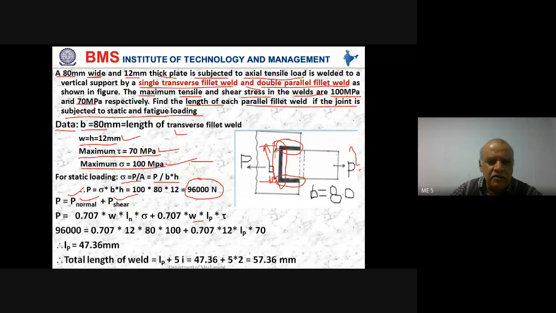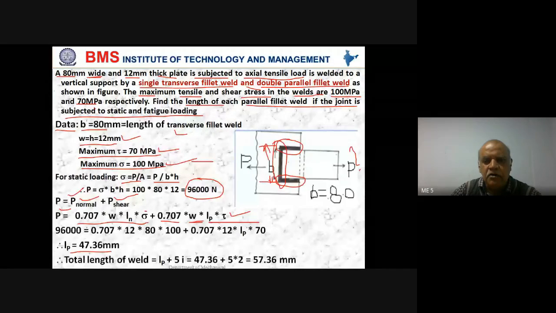So we have for normal fillet weld given by 0.707 W into length of normal fillet weld into sigma. Similarly, for shear stress, we have 0.707 W into length of parallel fillet weld into shear stress will give you total load, right? So from total load, calculate length of parallel fillet weld, and total length of weld will be,